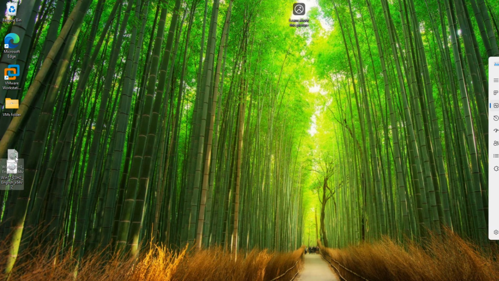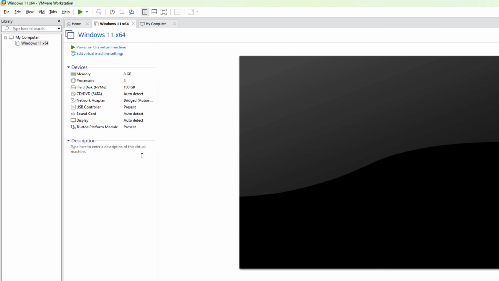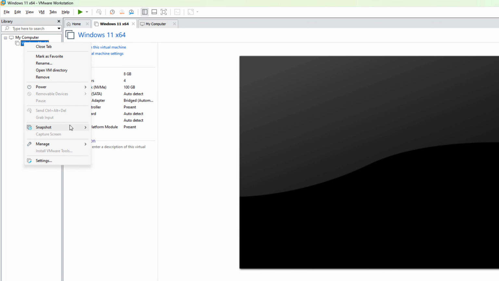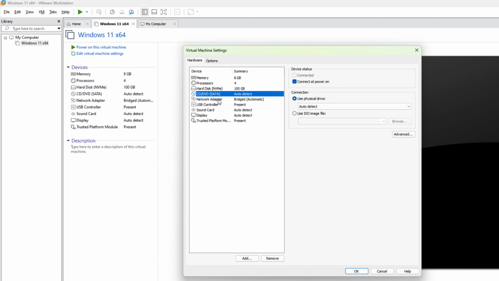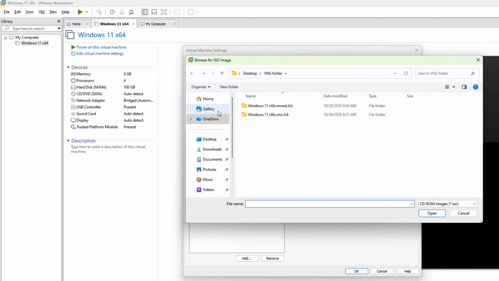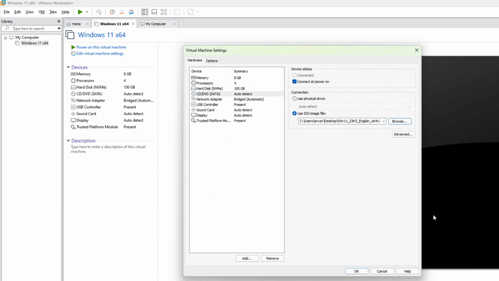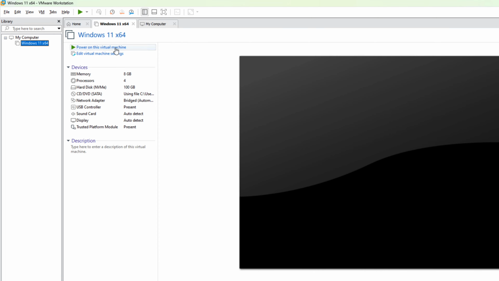It is here, and we are going to show our test Windows 11 virtual machine the location of that ISO file so that it can use it for the Windows installation. We say use ISO image file, browse, desktop, select the file, say open, say OK,